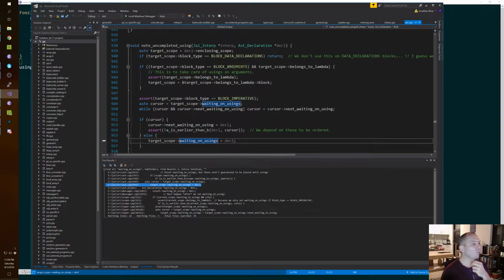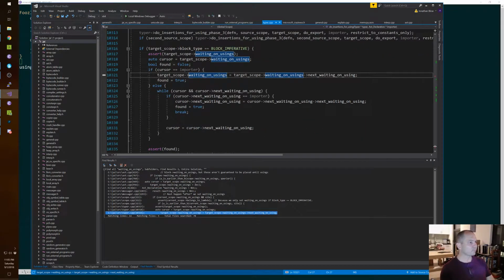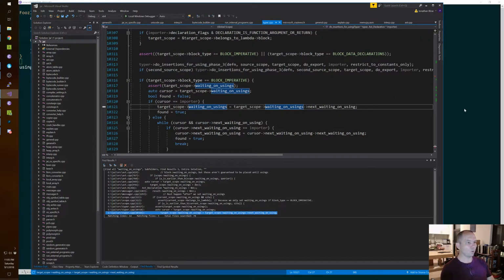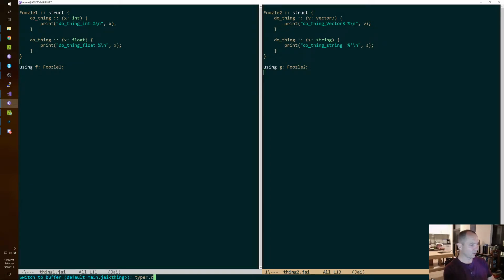If it's exporting further out, we need to put it there as well. The problem then, well, we also need to clear it from both scopes. Okay. Let's factor this out because we're going to need to call this twice. So 103.16.